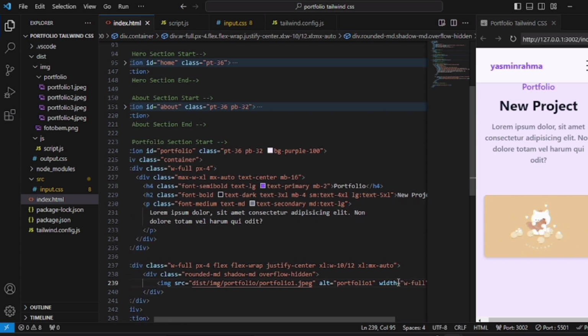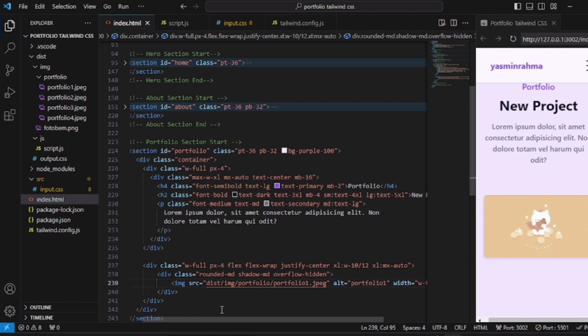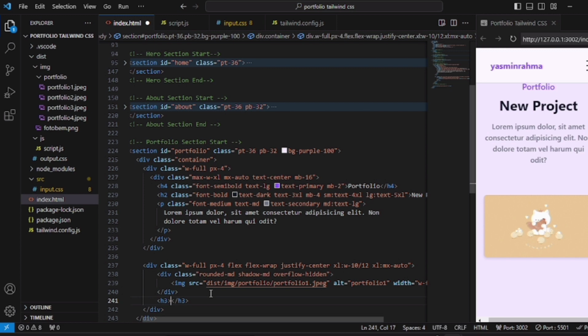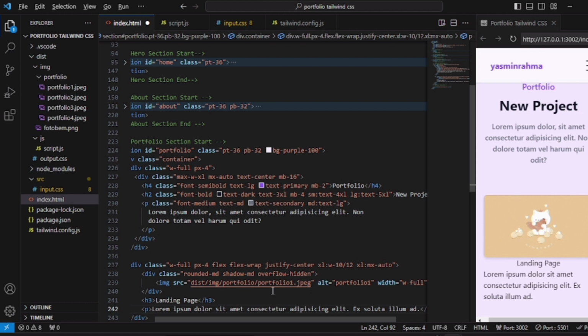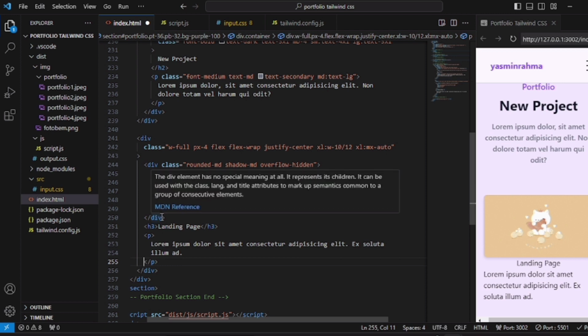And if it's done, I'm gonna make H3 right here for the landing page. You can add anything like you want. And then for the paragraph, it's just like this. Like this. And then gonna add